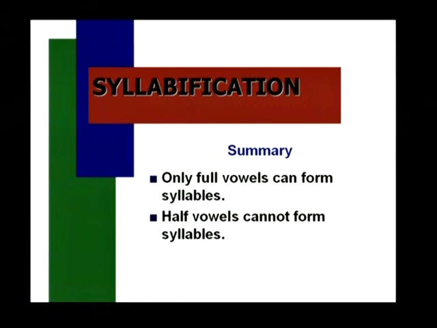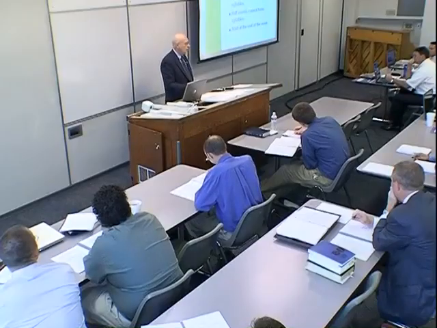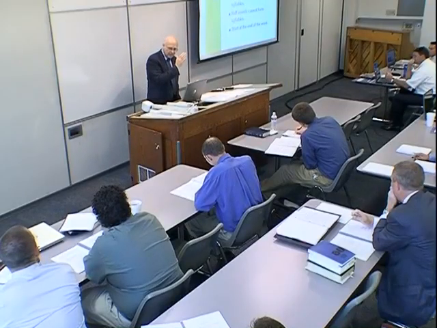That's the second part of it. That's the flip side. Half vowels cannot form syllables. When you're dividing syllables, don't start at the beginning of the word because things will get confused. You have to begin at the end of a word. Why? Because there are so many different rules and exceptions to rules regarding the dividing of words into syllables in Hebrew that if you begin at the beginning, you must know all of the other things, such as all the intensive forms of the verbs, so that you can understand for certain the occasion for certain forms. You are not able to do that at this point, so you've got to start at the end and work